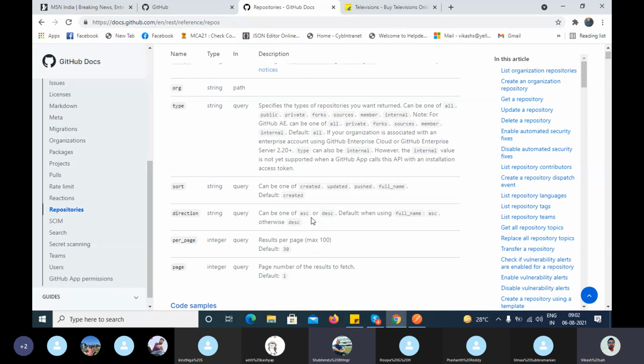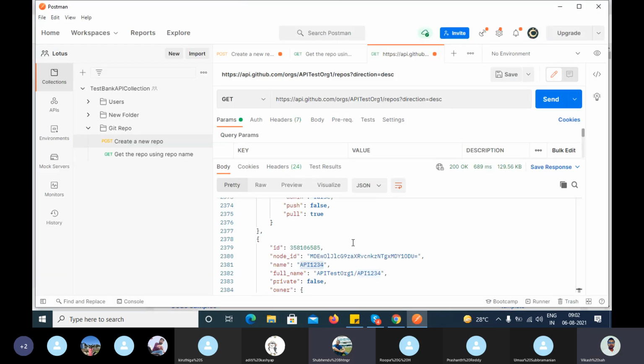No, no, no. This is based on the name, whatever the repository name is, based on that it will decide the ascending and descending order. But here we have an alphanumeric name, but if we are giving a full string, then how would it be? Okay, so